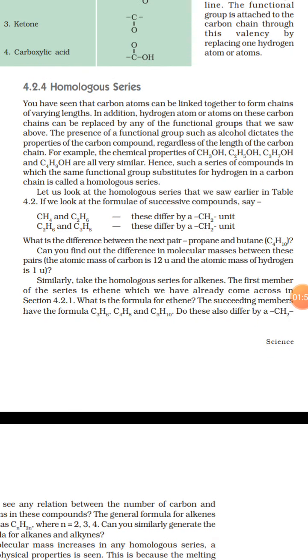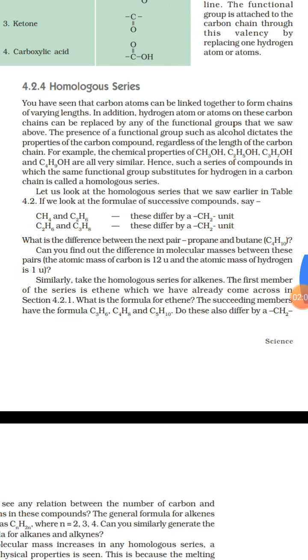Here OH is the functional group, and in CH3OH we see one carbon, in C2H5OH two carbons, in C3H7OH three carbons. Carbon is increasing with hydrogen but the OH functional group is common, so it results in the formation of a homologous